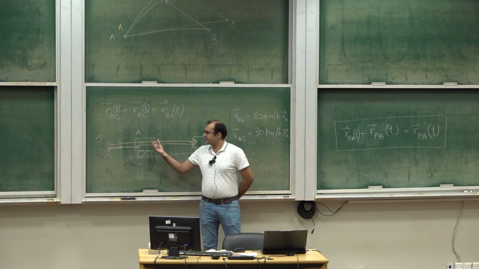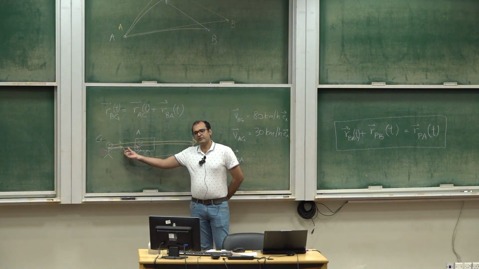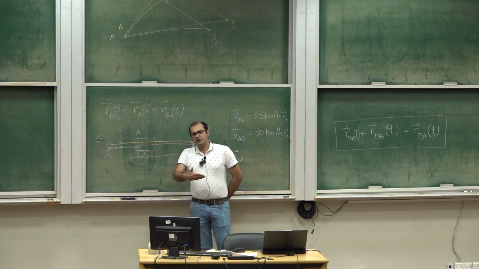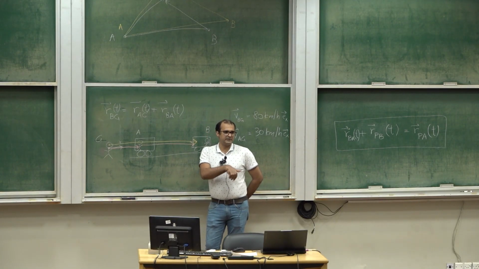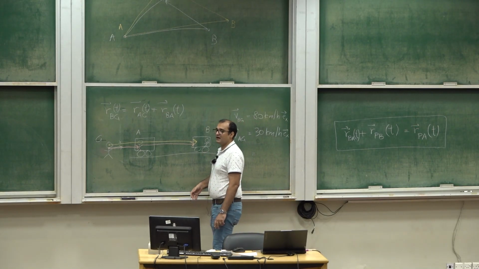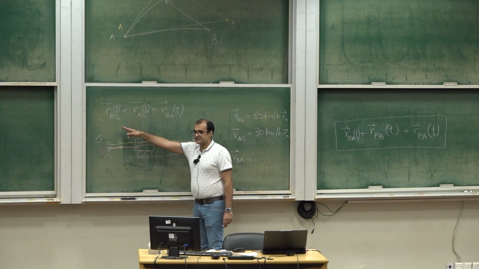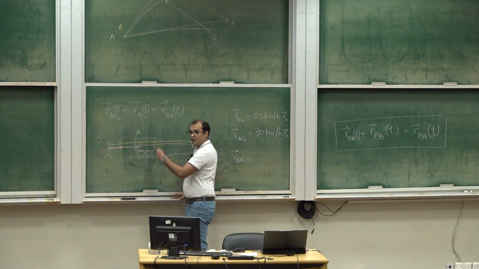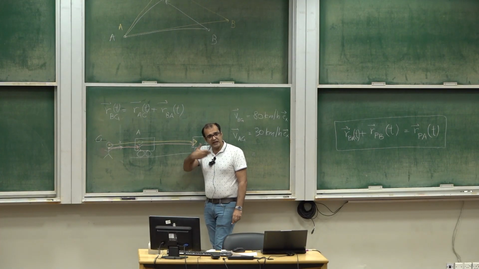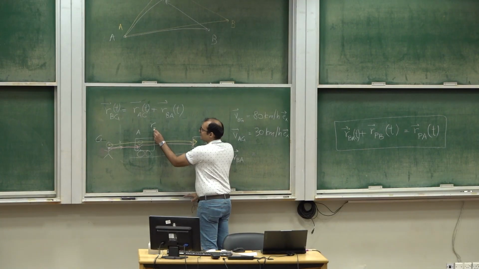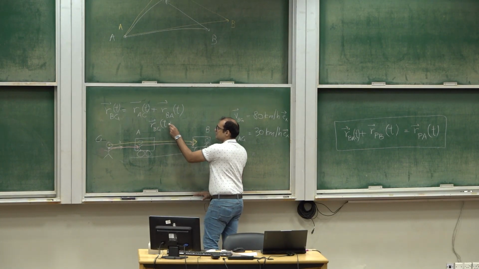So to measure the velocity vector of A, what will G do? Find out the position vector of A at some time t. Find out the position vector of A at time t plus delta t. Take the difference, divide that by delta t, that's your velocity vector. So you do exactly the same over here, except that this relationship is true at all times. Therefore, this relationship is also true at a short time later. In other words, if this is true at time t, you also have that